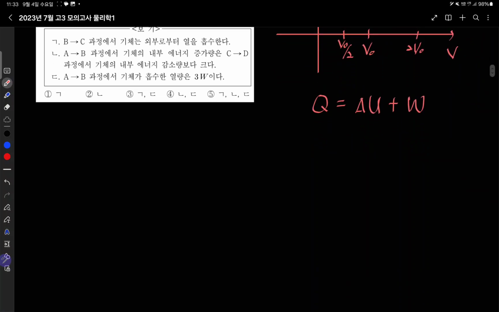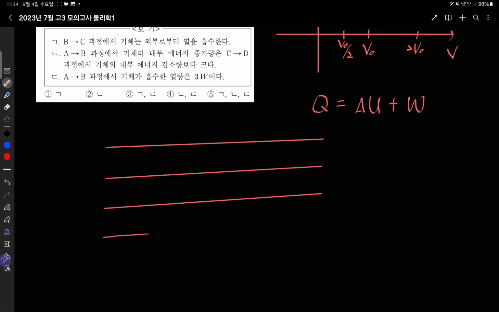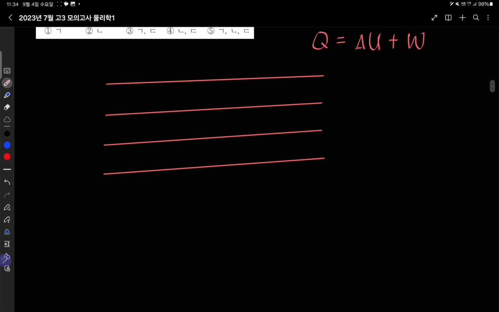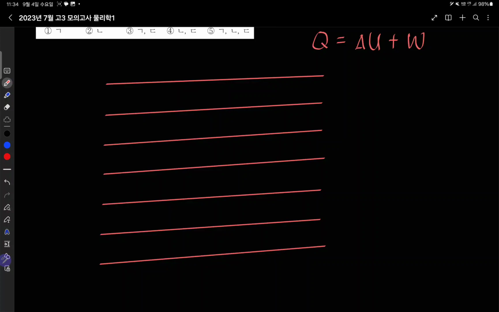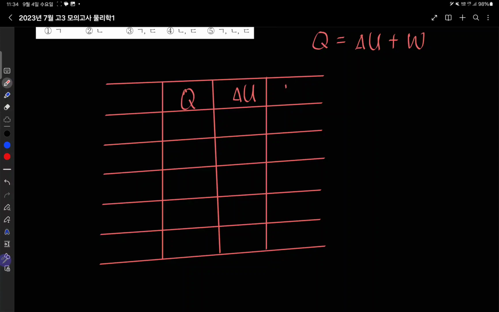So let's make a table for these three quantities: Q, delta U, and W